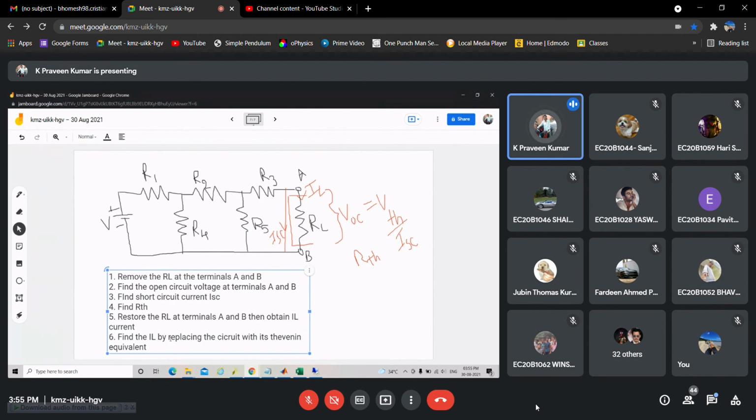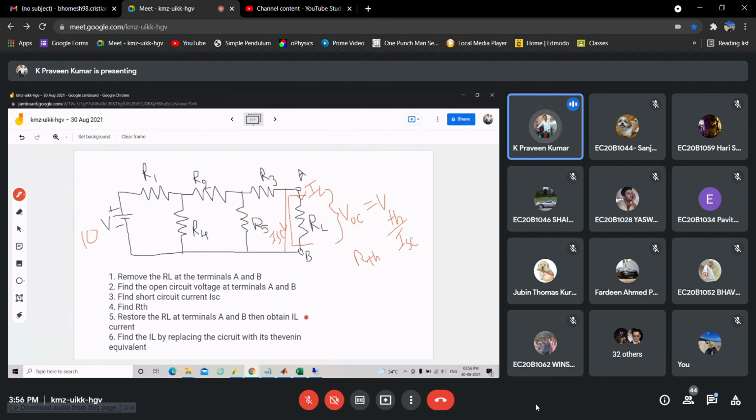So follow the same procedure. How you calculate the open circuit voltage and short circuit current is up to you. Either you can use mesh analysis or nodal analysis. That is your choice. Whichever is easy for you, you can go through it. There is no rule like KCL or KVL. Choosing the resistances is also up to you. While discussing, I have given 10 volts, and R1, R2, R3 as 2K and 1 kilo ohms. How much resistance you take for R1 to R5 and similarly for RL is up to you.